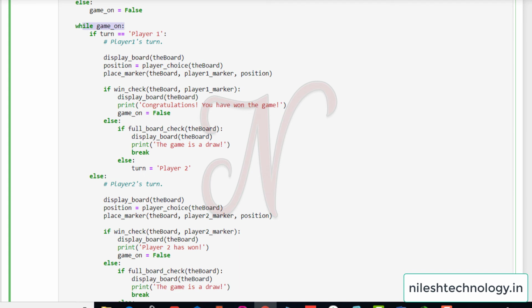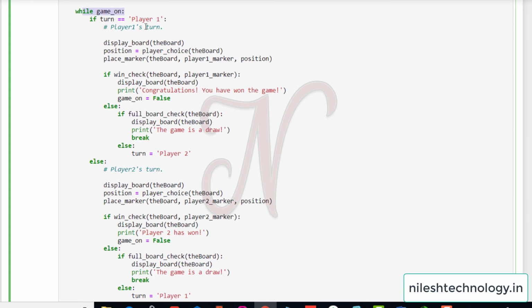See here, this is one if condition. If turn equals player 1, then first display the board, then select the position, then on that position your marker is set, then check if it is a win, then display the message, congratulations, you have won the game, and game on equals false.